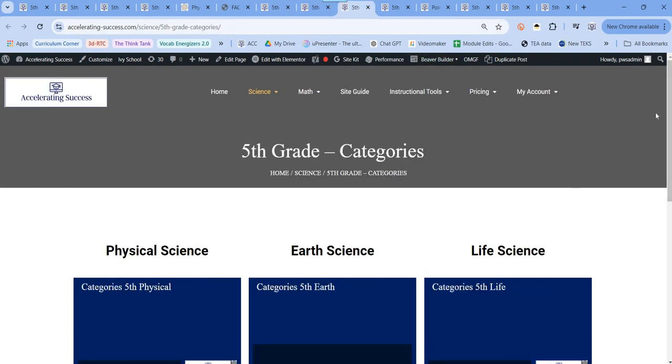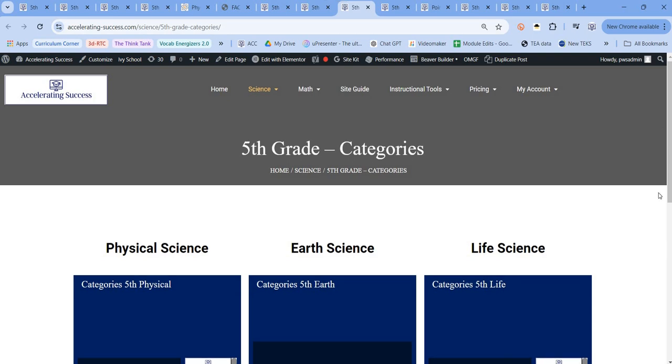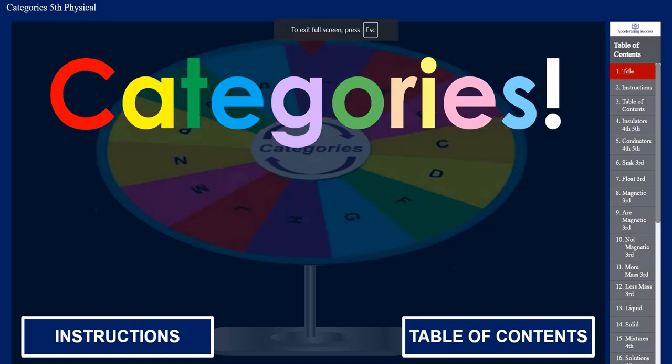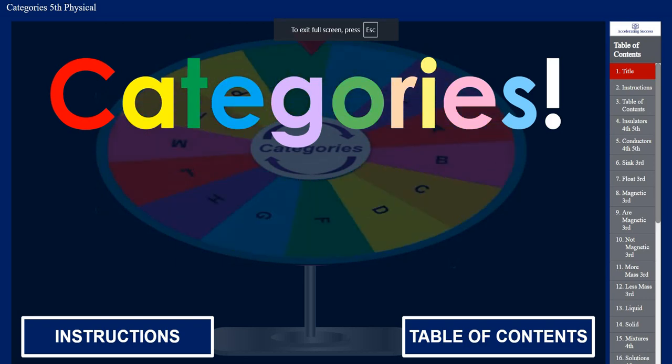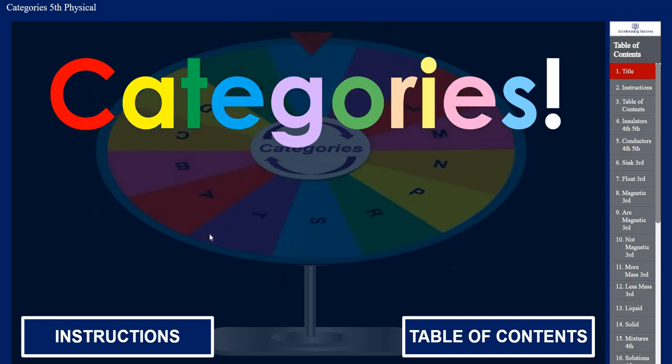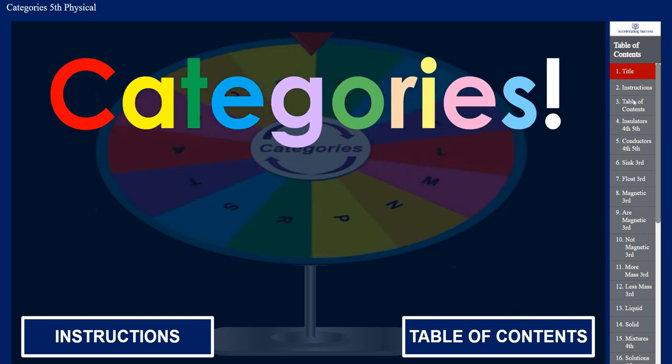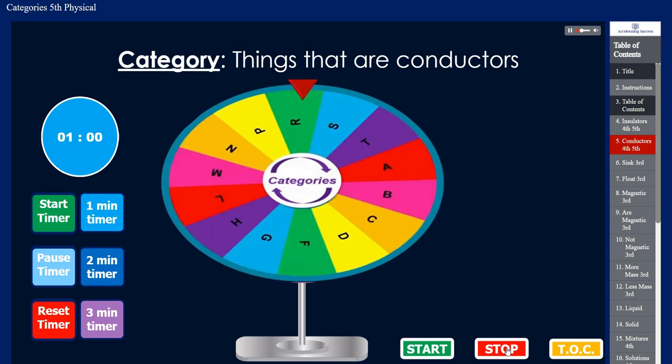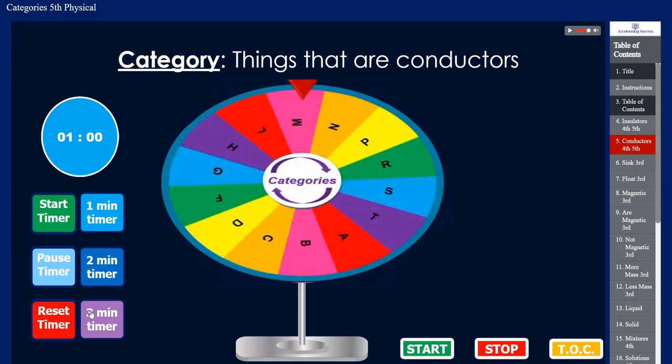The next one that we have on here is categories. Now this will be your quietest 2 minutes of your day. We're going to go full screen again. We've got our wheel going. For sanity's sake, I'm going to stop that timer right there. And so with categories, you're going to have a table of contents once again. So if we're just using this one time during the classroom and we want to go specifically to conductors, we can go to conductors, and then we've got our wheel, and we're going to stop our wheel,